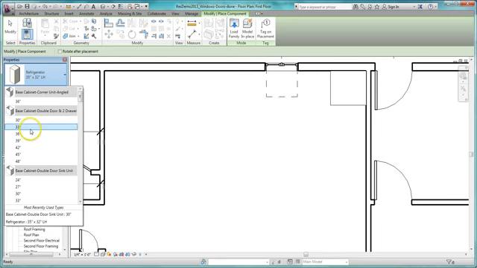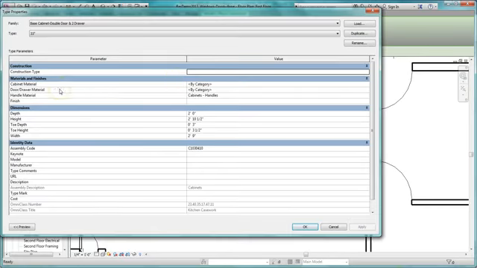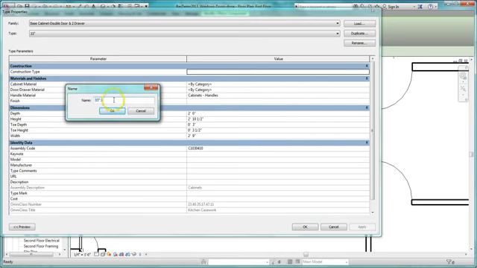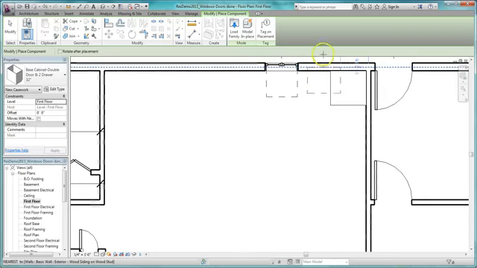Okay, now I don't have a base cabinet that's 32 inches wide on my list here, so I'm just going to load the 33 inch, and I'm going to hit Edit Type. I can duplicate the 33 inch, rename it to 32 inch, and then I have to actually change it to 32 inches down here, and hit OK. And I now have a 32 inch cabinet which will fit right in there,